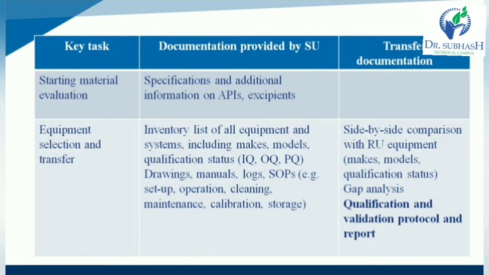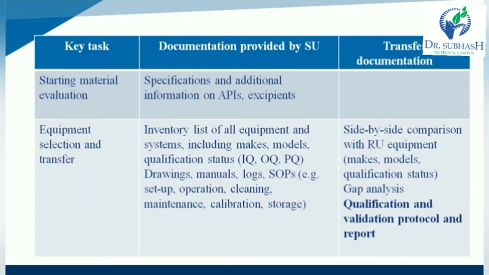Next one is equipment selection and transfer. For equipment selection and transfer, the sending unit provides an inventory list of all equipment and systems including make, model, qualification status (IQ, OQ, PQ), drawings, manuals, logs, and SOPs, for example setup, operations, cleaning, maintenance, calibration and storage.